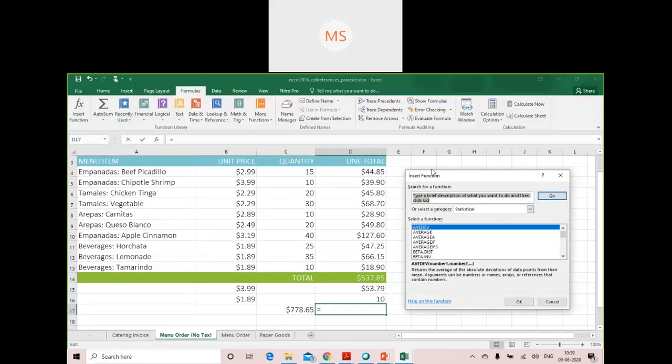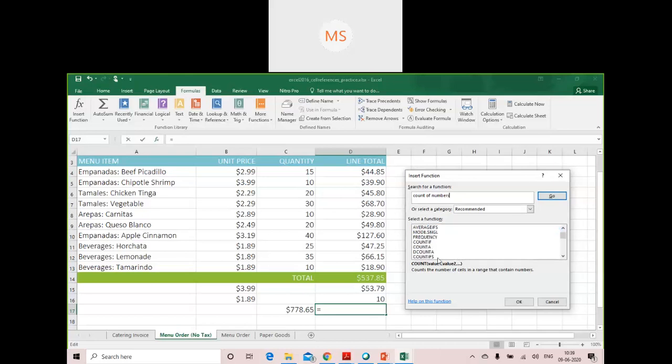Like if I want to search for count of number, the moment I search, whatever functions are related to counting numbers, it will display. At the top you can see count has been selected.